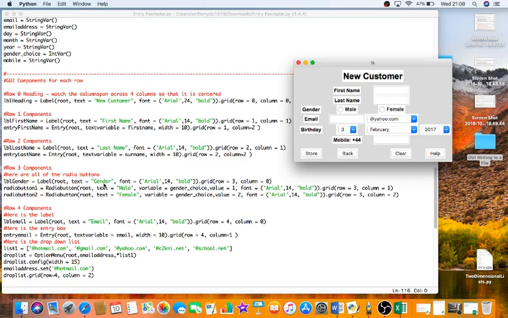Now the way I set up my radio buttons, I put the radio buttons next to each other. Now, how does a radio button work? So we have radio button, we name the frame that we're going to put it into, we give it text, and then we give it a variable, and we know that it's an int var variable. Because it's an int var variable, you must give it a value. You must give that variable a value, and we say value equals 1 for male, and value equals 2 for female. You can see again, I set the font, I set the font size, and then I put it